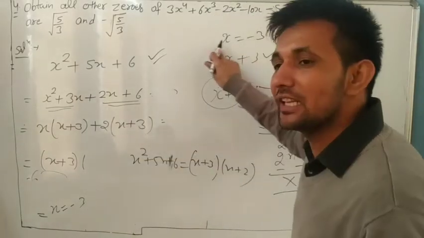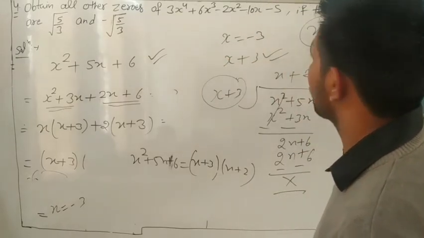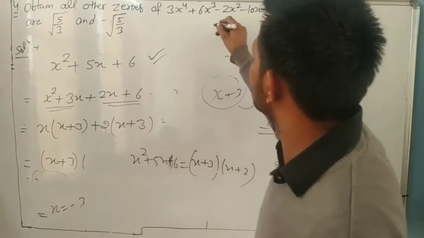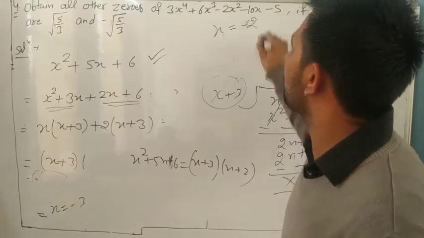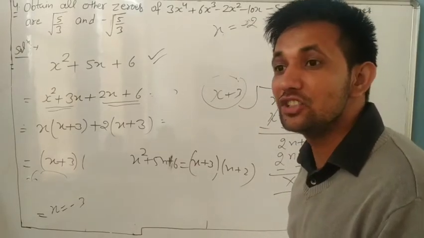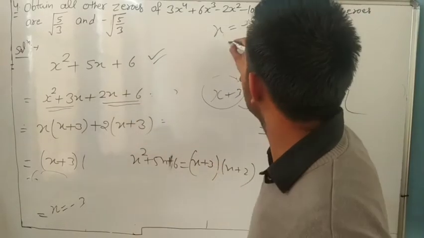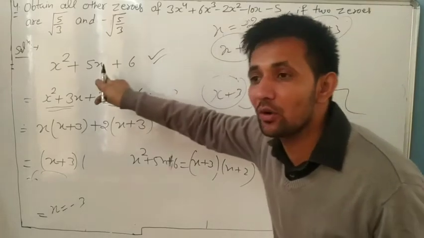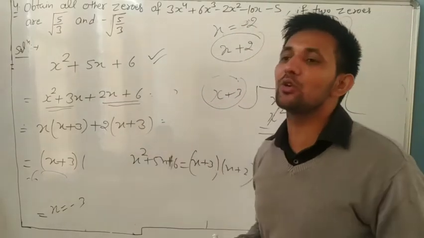So x minus 3 on the other side, plus. So x plus 3 is a factor of this polynomial. Maybe in place of 3 it is given x equal to 2, in place of x equal to minus 2. If we put x equal to minus 2, it becomes 0. So it means x minus 2 on the other side positive. So x plus 2 is a factor of this one. Understand or not? So now we will do question number 4.